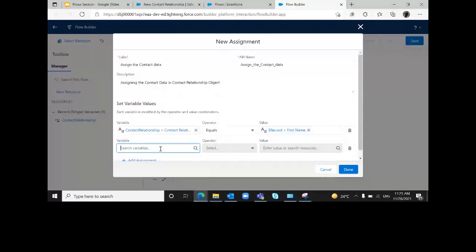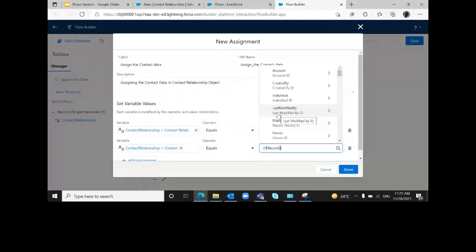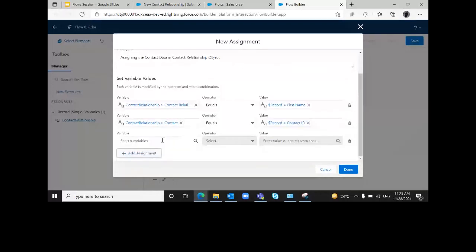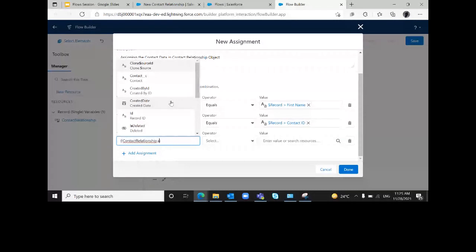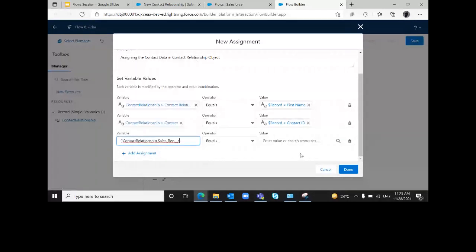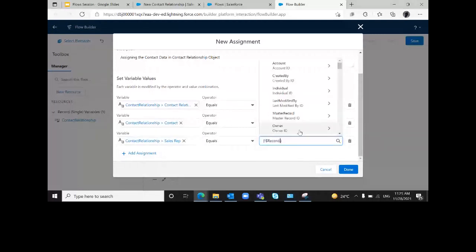Second thing I need, in contact, we should have the current variable's id, and in the sales rep, I need the current record's owner ID's first name.